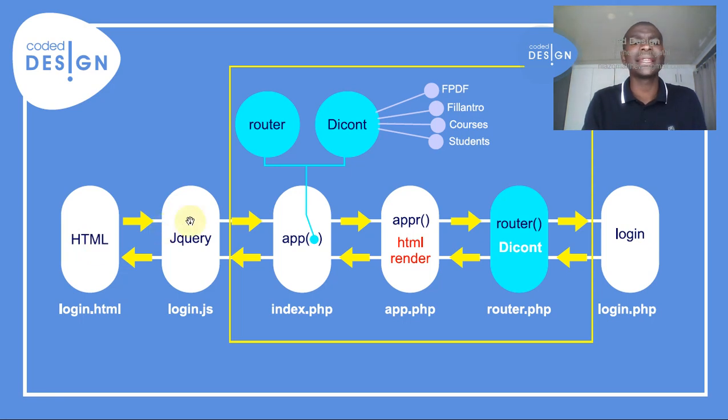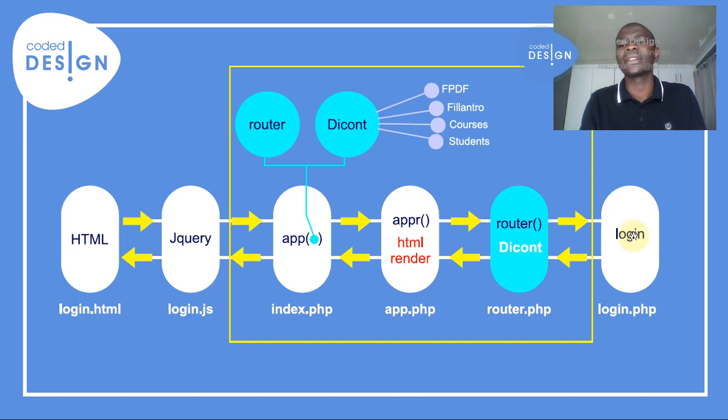So when it sends a request through jQuery, it will specify in the Ajax parameters that I'm interested in getting a true or false. That's my own interest. If jQuery receives a false, it will know what to display on the HTML. When it's true, it will know what to do. That means you must load the dashboard or the admin panel because the user is correct, it's not a fake user, or the password and the username match. So do you see that the login request is only interested in true or false? When it gets to the application and goes to the router,